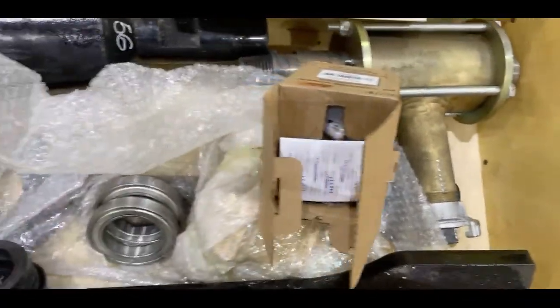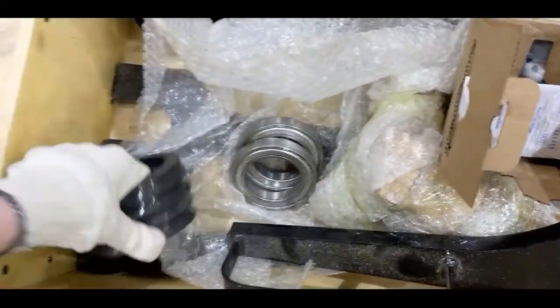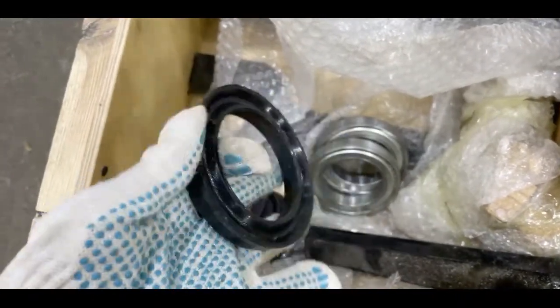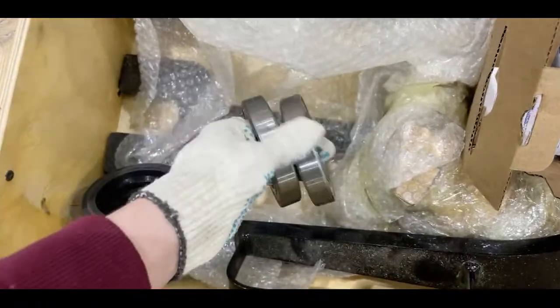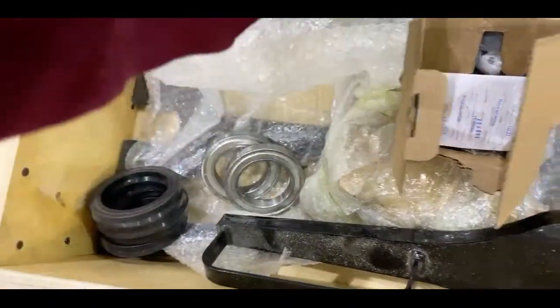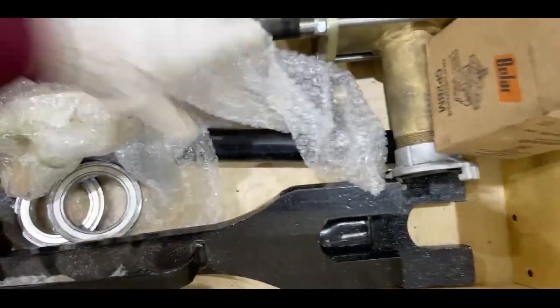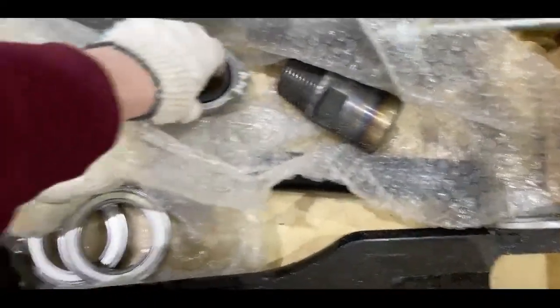So gear pump here as well. As a part of the spare part kit, we also have hydraulic seals. They come in an amount of 4 pieces, and we have bearings right here, and there is this adapter as well, which it's somewhere. Yes, it's right here. So here's the adapter,